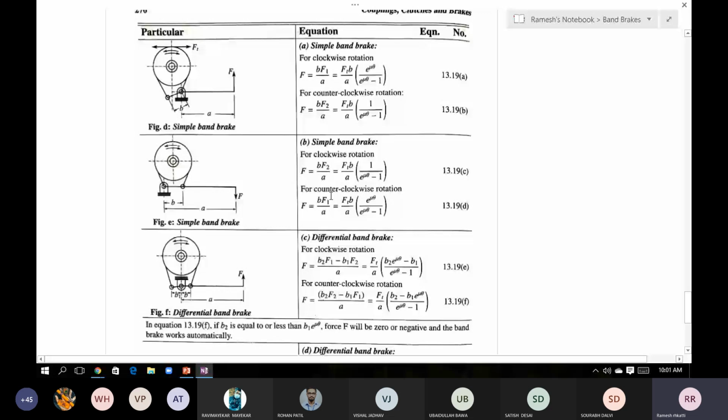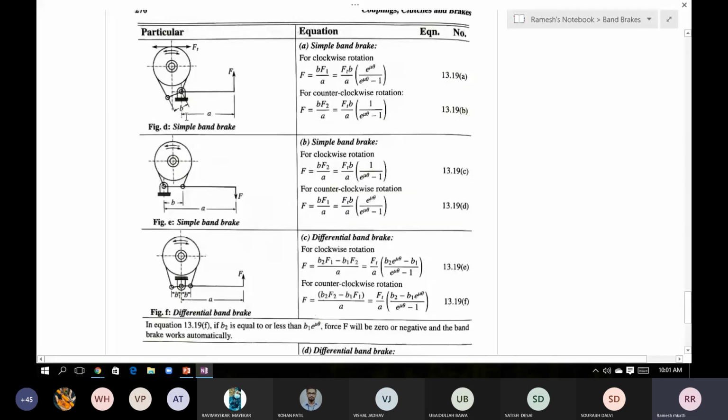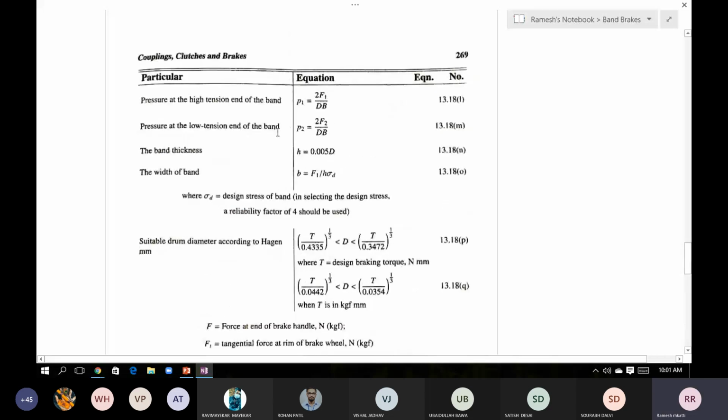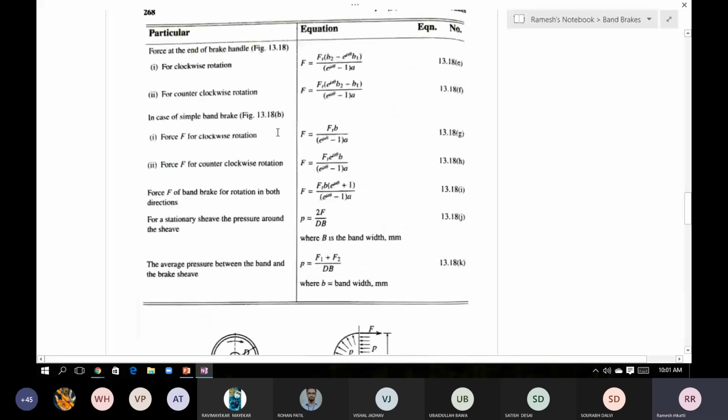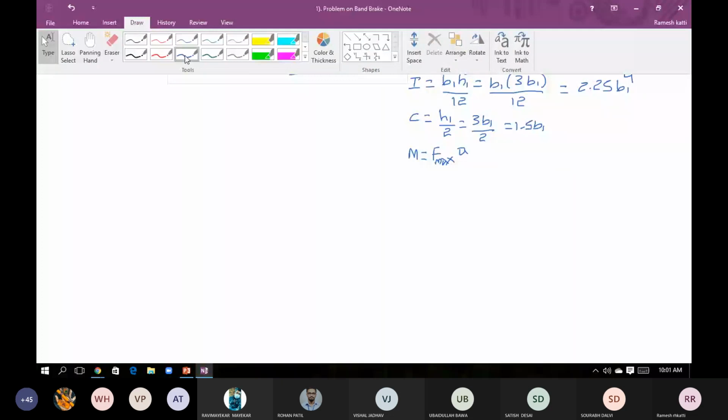I hope you understood this. But use equations 13.19c and 13.19d. Before that, you need to see the figure. Which figure do you have to select? These two are the simple band brake, and figure D is the other case. Now from this,